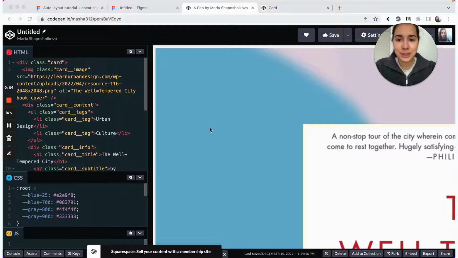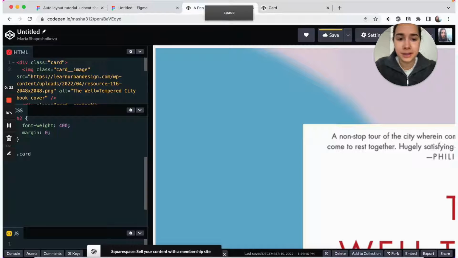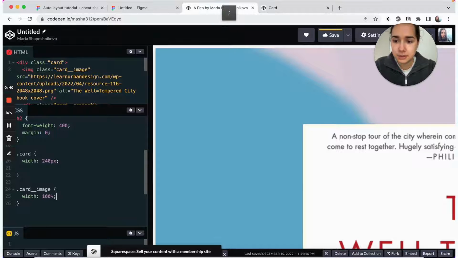Now that we have our structure in place, we can start styling this up so it looks more like Figma as well. And I'm going to begin by giving the card an overall width of 240 pixels. And then for the card image, I'm going to set its width to 100%.